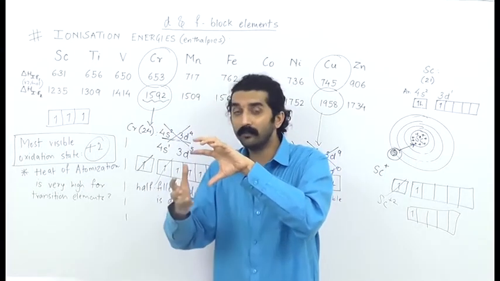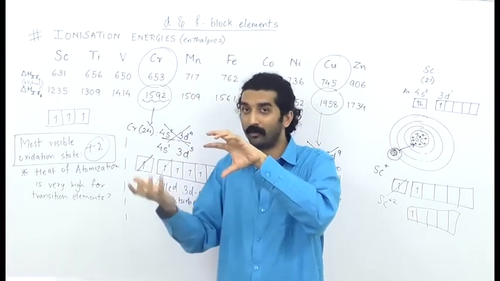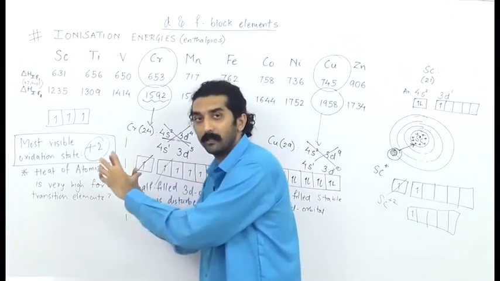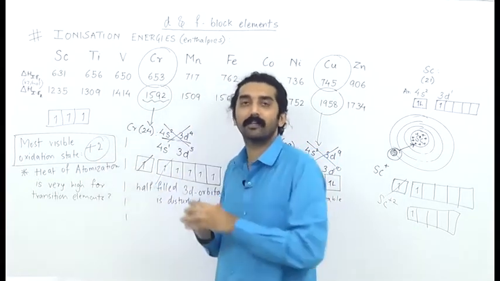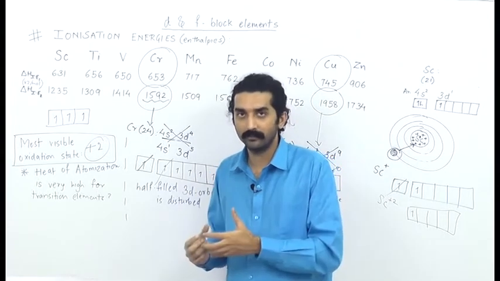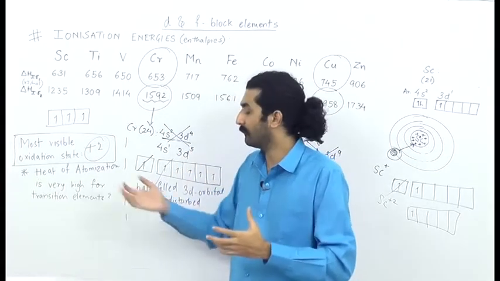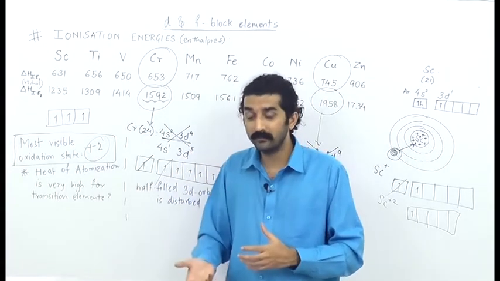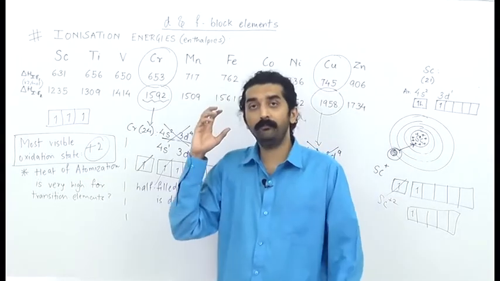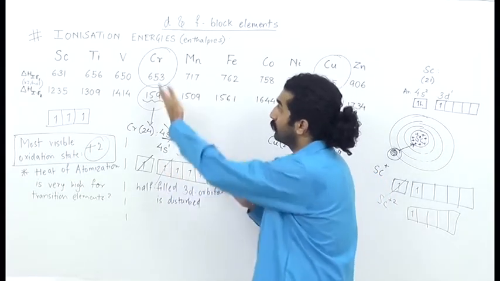So the amount of energy required to break all these bonds, which are not covalent or ionic bonds but are metallic bonds, and to bring this chromium atom separately so that it can take part in the chemical reaction, that energy is called the heat of atomization. Now if this heat required is more, heat of atomization is more, and why is this energy stronger?